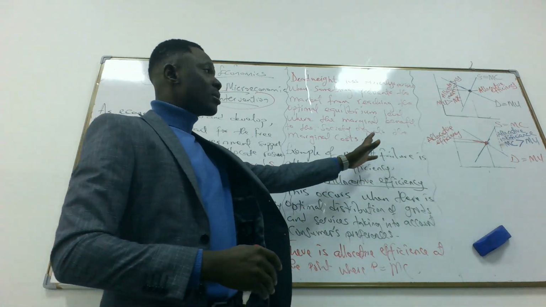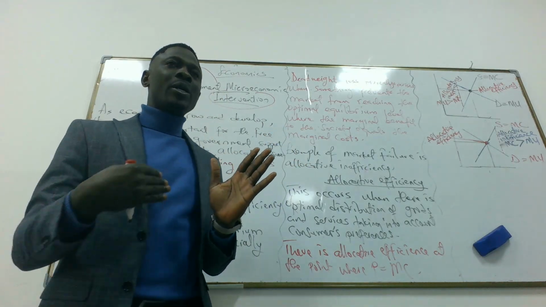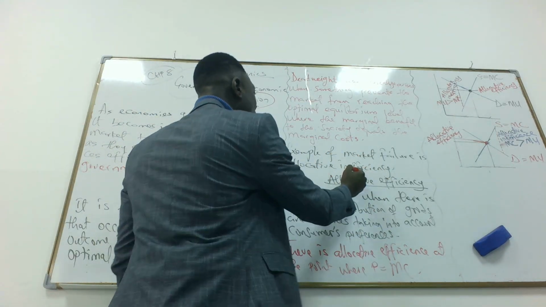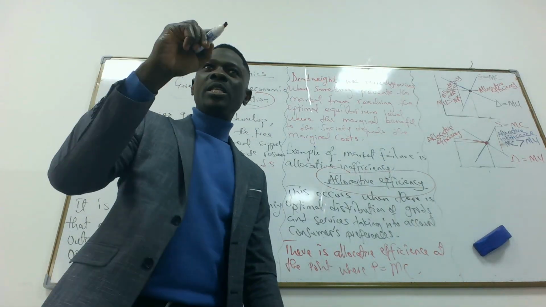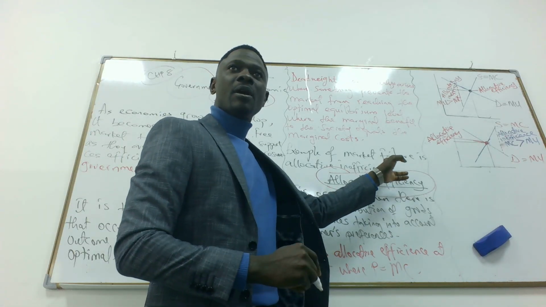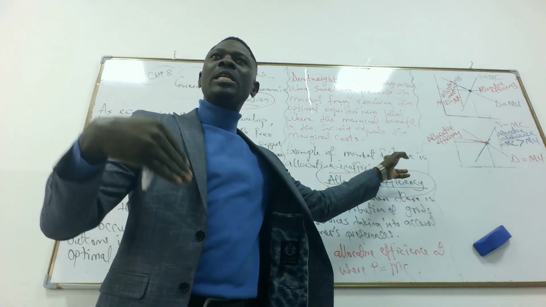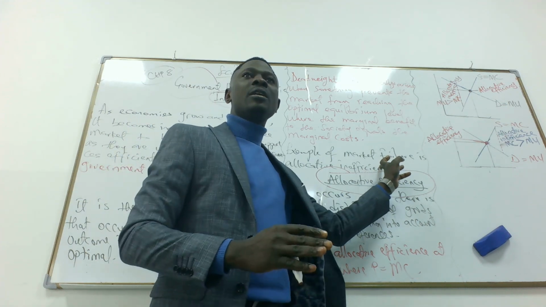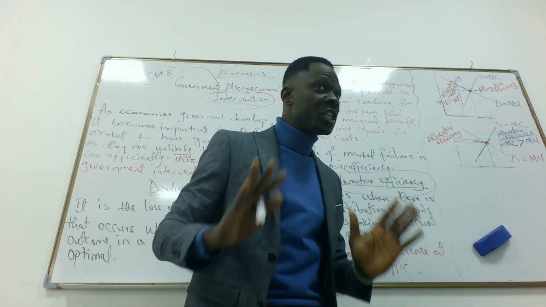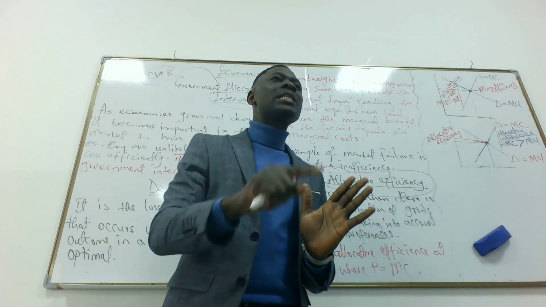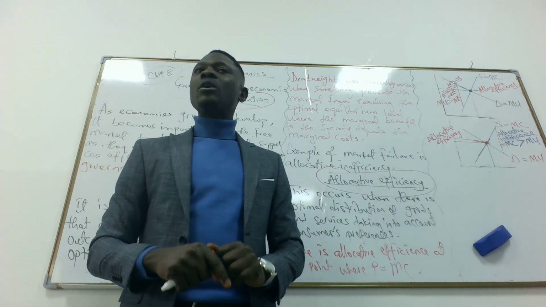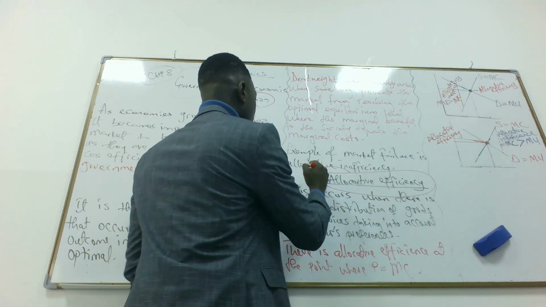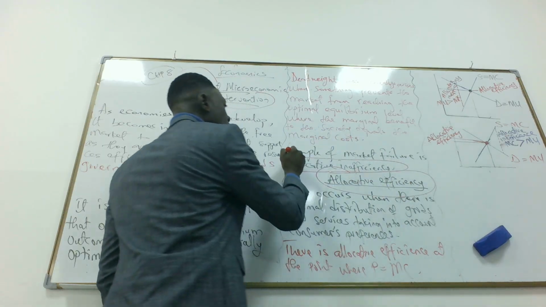For deadweight loss, one example we could figure out when it comes to market failure is allocative inefficiency. The opposite of allocative efficiency is allocative inefficiency. The market is expected to be allocative efficient. If the market is not allocative efficient, it means the market is allocative inefficient. So an example of a market failure is what? Allocative inefficiency.